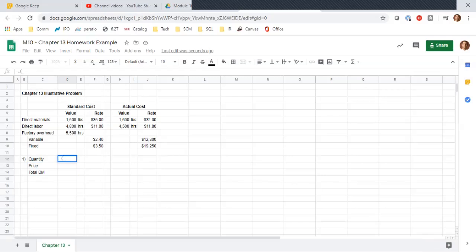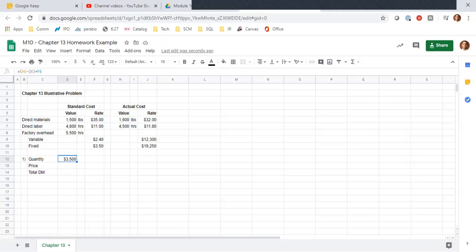Okay, so this homework example and pretty much everything in this chapter, the terminology is all really close, so terminology is important here. So our actual quantity, minus our standard quantity multiplied by our standard rate. Okay, that gives us a $3,500 variance, and